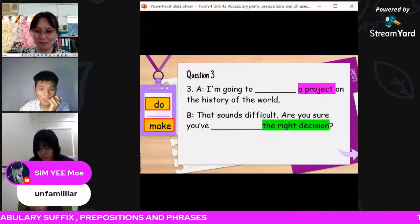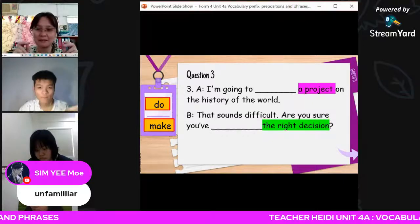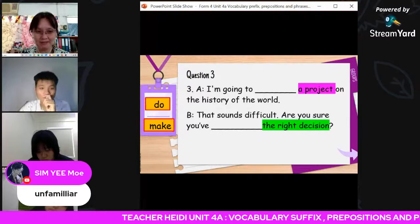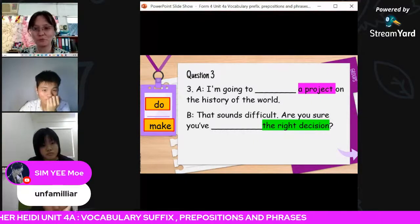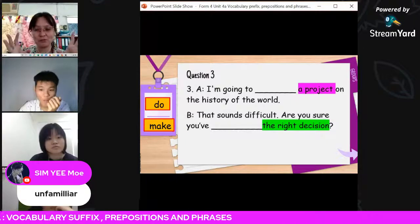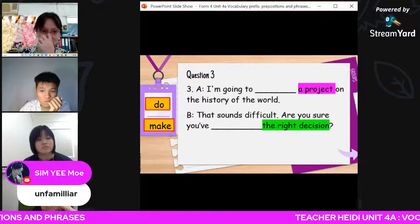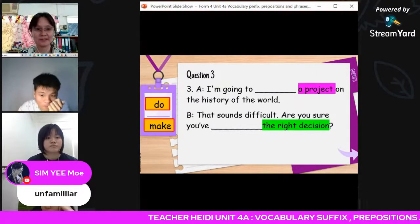Okay, those it looks simple, but actually the minor part is like this one, the tenses. You may know is make, but then you didn't know that you have to change it to the participle. If you don't follow the class, it will not make you realize that, oh, I have made a mistake. Okay, actually you know the answer, but when it comes to tenses, that's the problem. Okay, so the answer,